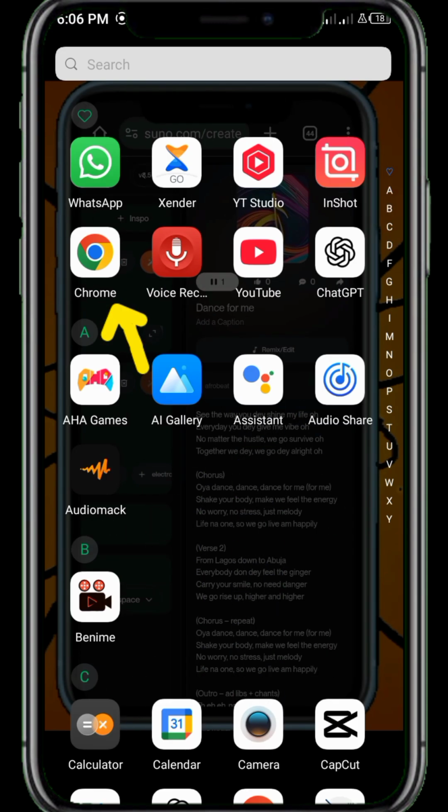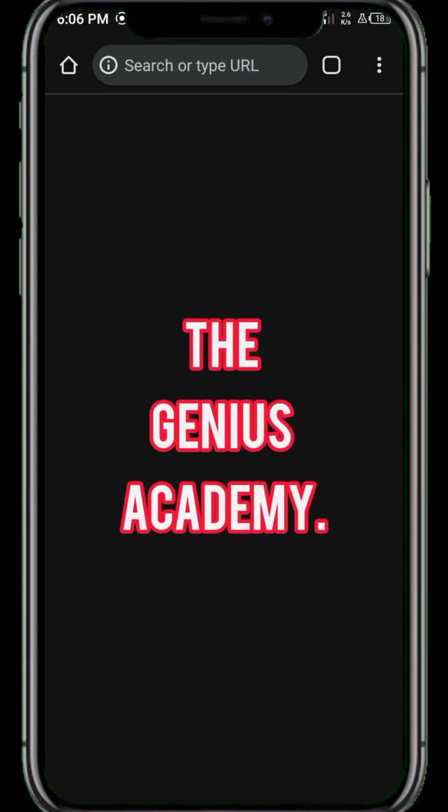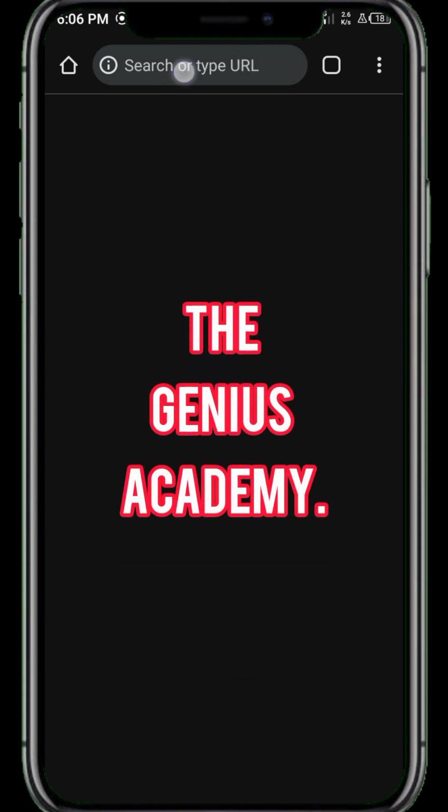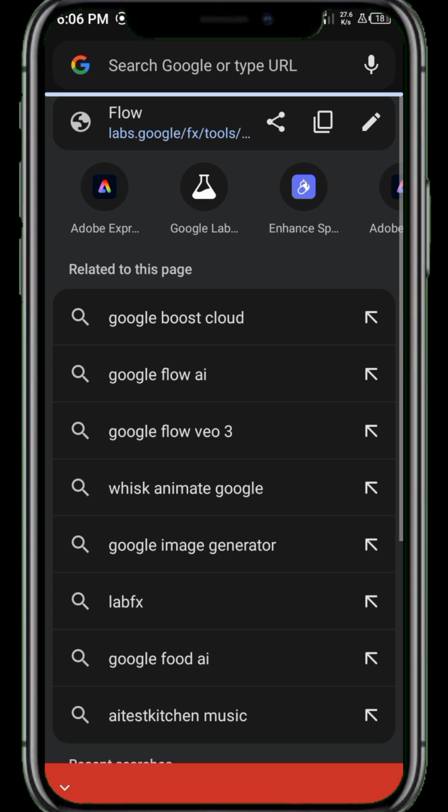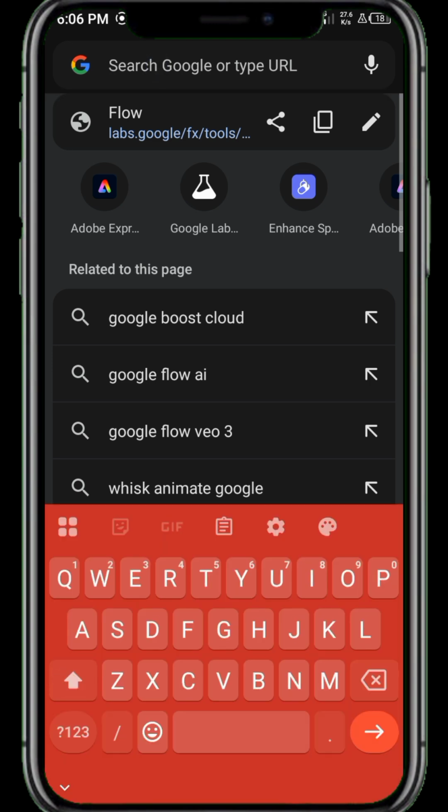Then you click on your Google Chrome. When you click on this Google Chrome, you click on this search button here. Then you search for any of the backgrounds you want to use. I want to use a bedroom, so I will tell Google Chrome that you should generate